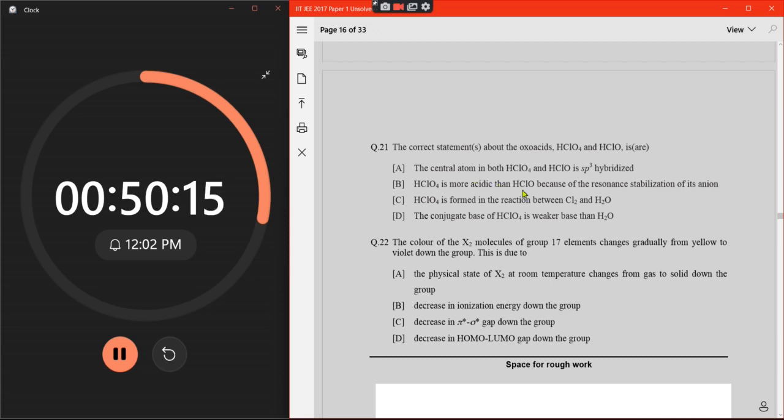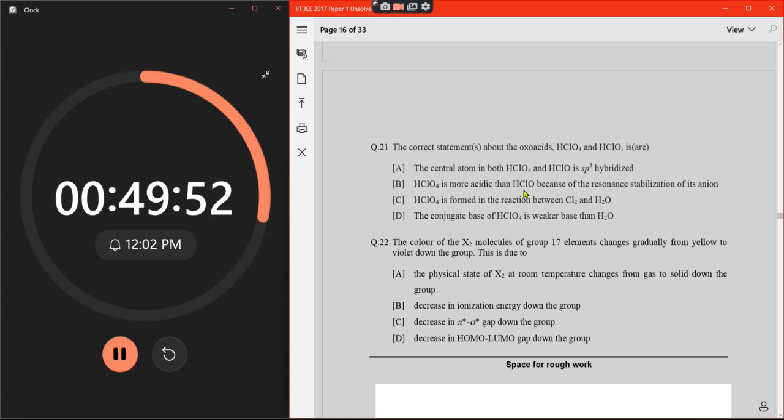Most likely incorrect because वो कहीं ना कहीं अपने को incorrect करके देगा. HClO4 is more acidic than HClO because of resonance stabilization of its anion. I guess yeah, because इसमें बड़ा resonance system है, so हाँ, mostly इसमें charge का रहता है, but I guess you could say so. So B is also correct, right. 21 का B